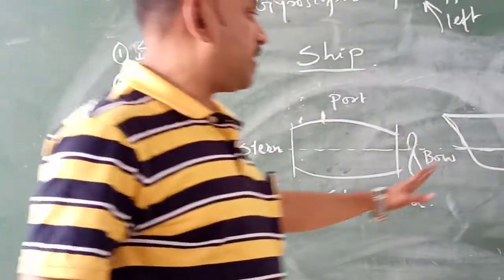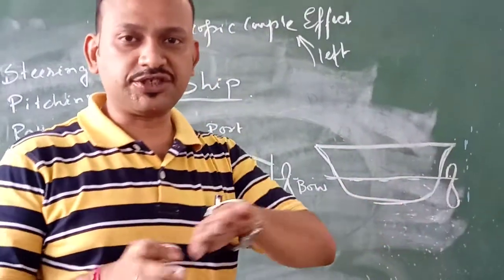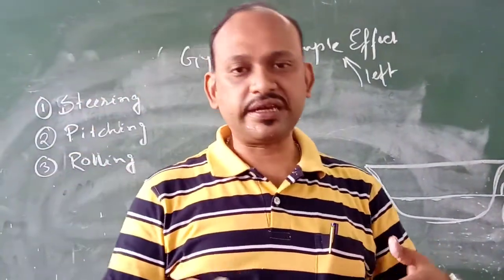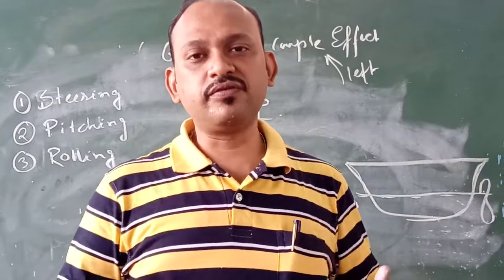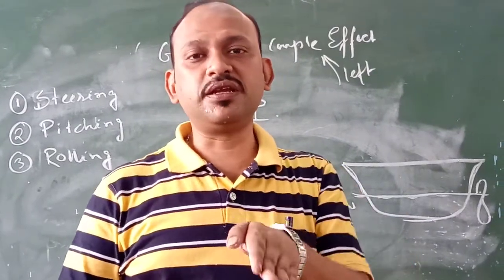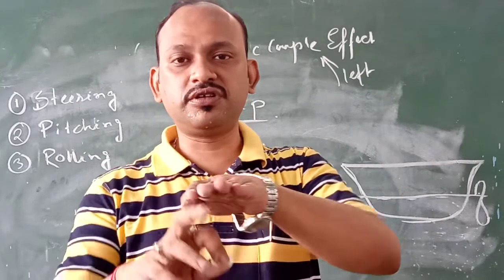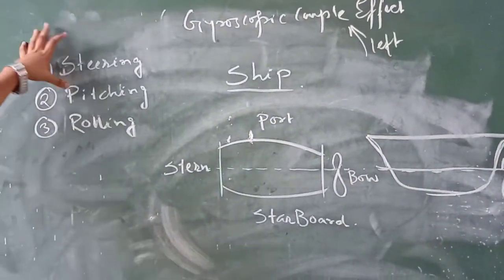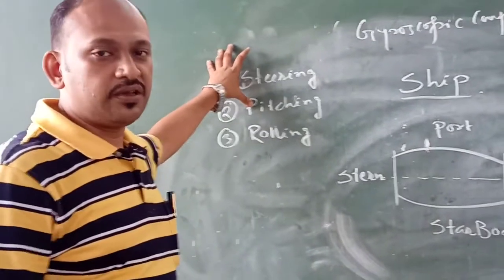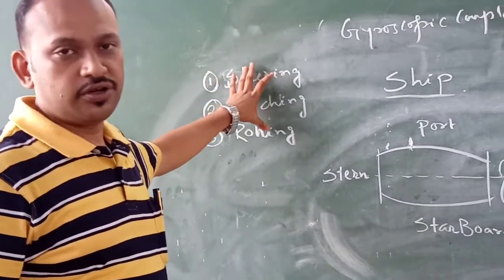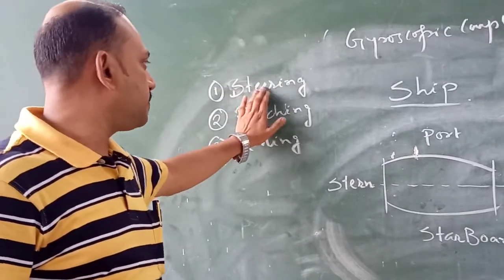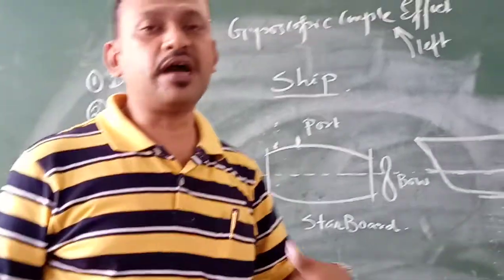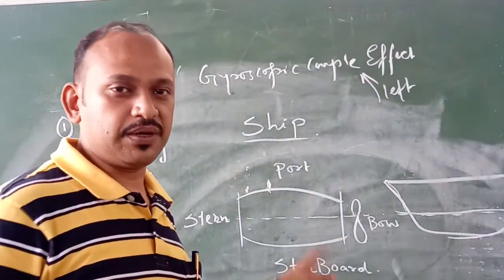When the ship is itself having sidewise movement, rolling action, due to the effect of these forces which are acting on the ship, like the wave, the tidal force and other things, it needs to maintain the balance. So it actually rolls with respect to its own axis. So these are the three movements, and in all these movements we'll see whether there is some gyroscopic effect or gyroscopic couple or not. We'll find out whether some gyroscopic couple is acting on the system or not, and what is the actual effect of gyroscopic couple, and how to minimize the effect of the gyroscopic couple acting on the system.